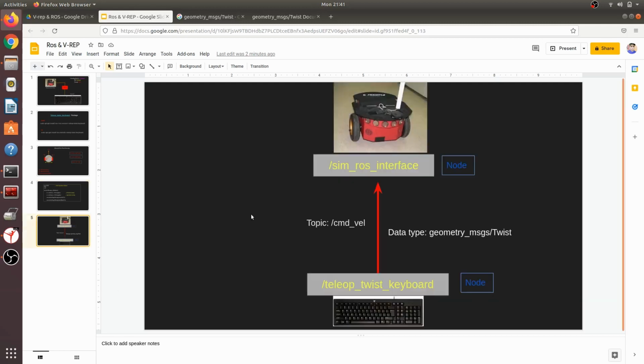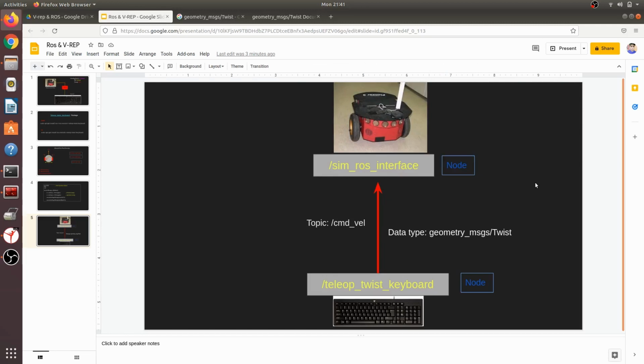Now the next thing is the node, how the node is actually functioning here. The first thing is that CoppeliaSim has made a permanent node. In ROS, every time we need to define a name and node, but that is not needed here, so it is already defined. The node of CoppeliaSim that communicates with every ROS package is named simROS interface. So this is a node.